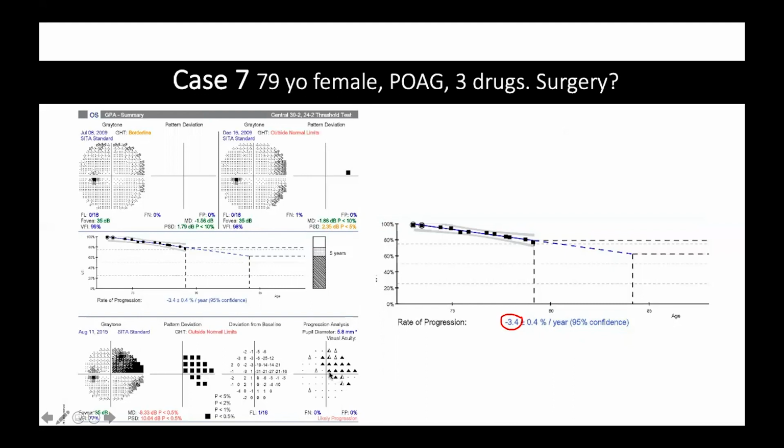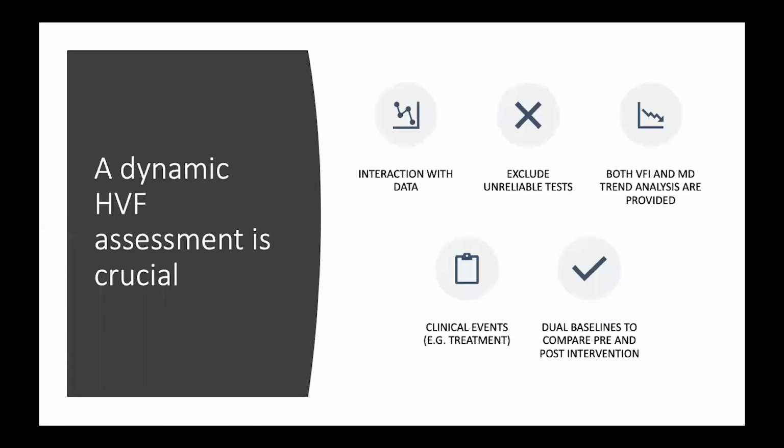Also, remember these changes in the central field, and this capacity to split fixation also needs to be taken into account. But my recommendation is to take a look at these numbers, because sometimes we just look, this is a slope and it's significant, and that's it. And we need to understand what these numbers mean. And the other thing that we need to change in our minds is that Humphrey visual field assessment is not static anymore. It should be dynamic. And now with the new software, we can interact with data. That means we can exclude those tests that are not reliable enough. As I said before,